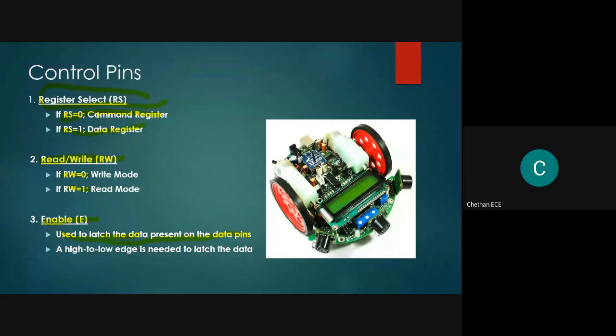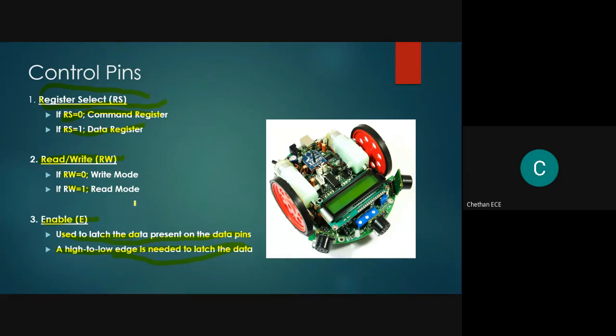Assume that I want to send a command like 28H, for example. This 28H will be available on the data pin as a queue. But if you want to send this command through the data pins, we have to apply a high to low edge pulse, and a high to low edge pulse of 450 nanoseconds is sufficient to latch the data or command present